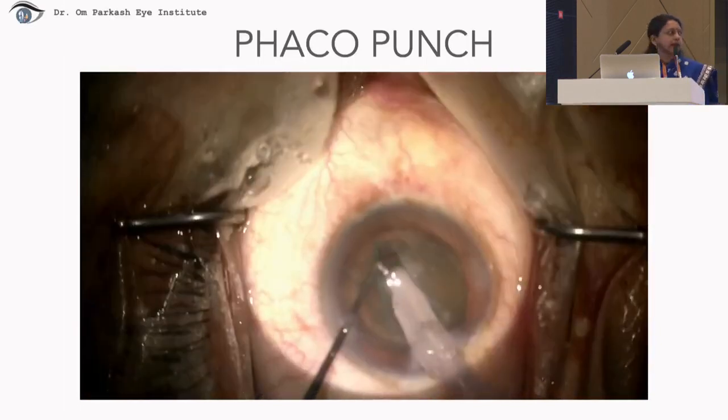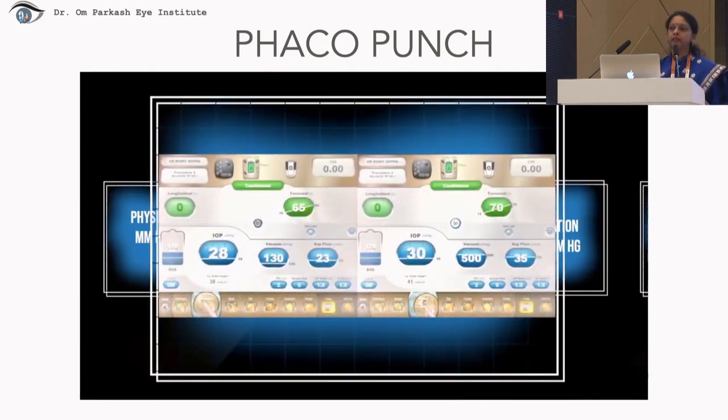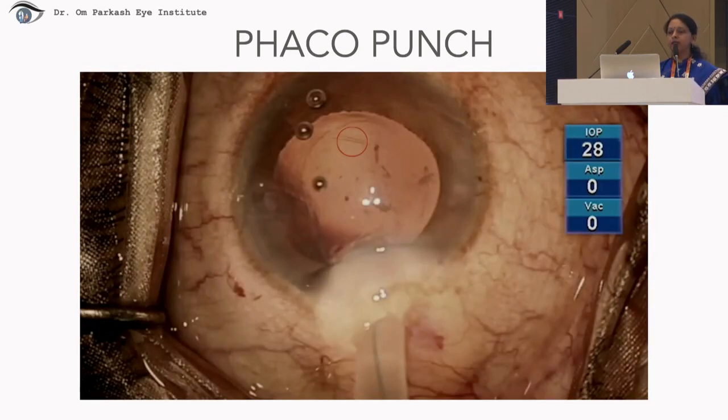See, this was the alarm bell sign in which the phaco punch occurred, and using the low IOP settings, we could complete the surgery successfully without enlarging the tear nor causing any dislocation of the nuclear fragments posteriorly. So we have to keep in mind the settings which we are using, and definitely think of going to lower settings to maintain a stable